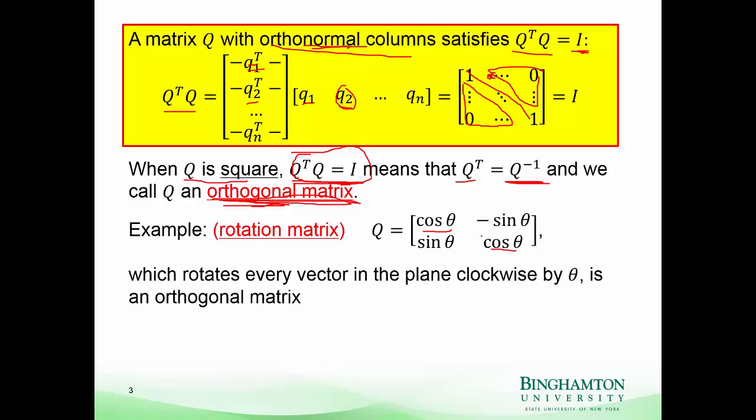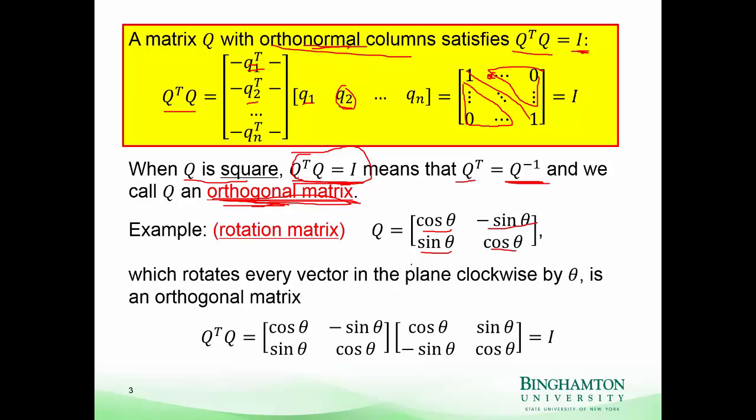Evaluate sine of theta and put sine of theta here and negative sine of theta here, and that matrix will now, when you apply it to any vector in R2, rotate that vector by the angle theta that you chose. And we can also verify that this is an orthogonal matrix